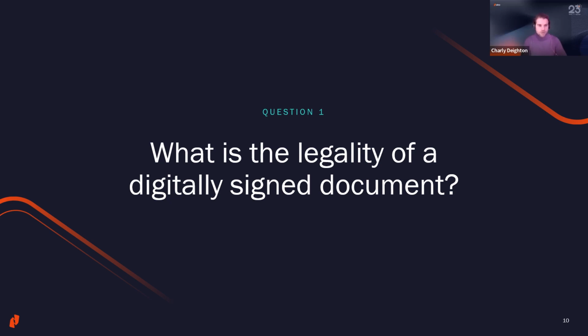The legality of an electronic signature, and thus of a digitally signed document, is determined by different regulations in different parts of the world. We can provide our customers, and we do, as well as our prospects, with a legal compliance assessment written by the e-signature experts at DLA Piper. It covers how NitroSign complies with digital signature regulations in different geographies, such as the USA, the European Union, Switzerland, Hong Kong, and Singapore. Of course, that doesn't mean we don't comply with regulations in other geographies. What we simply did with DLA was focus our legal assessment on those countries with the most stringent electronic